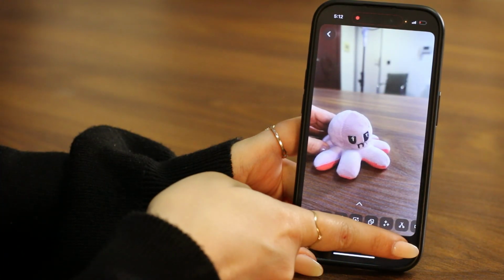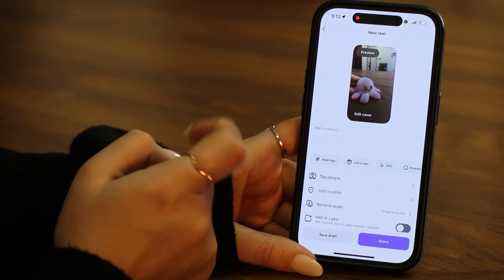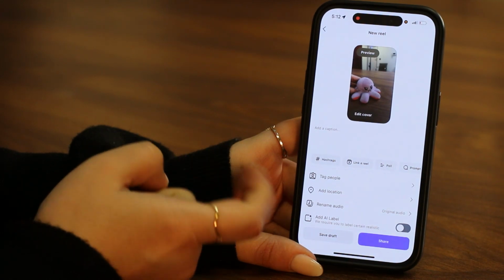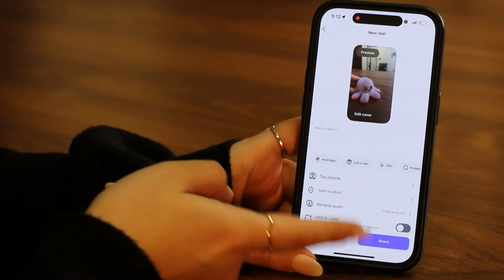Now, if I tap next, I could make some more changes to it, like add a caption or hashtags or something, and then I could either save it as a draft and post it later, or I can just share